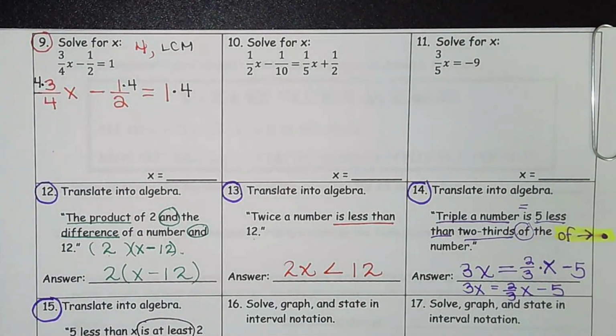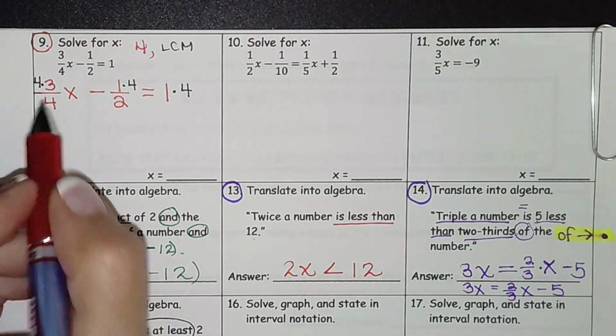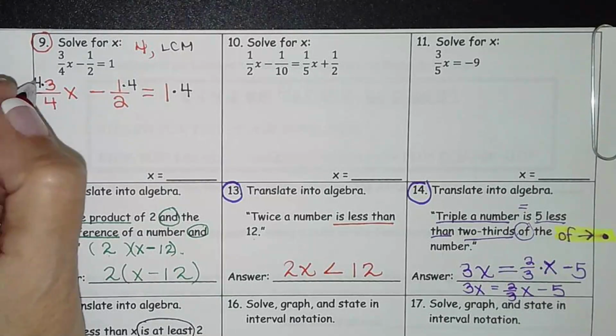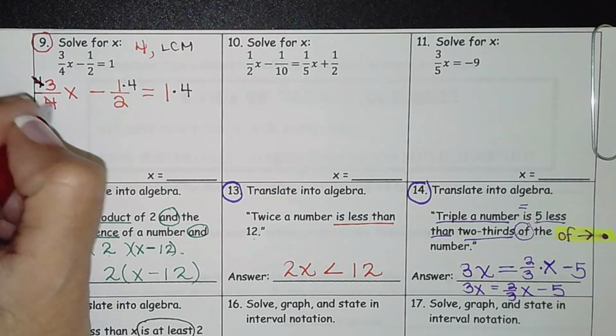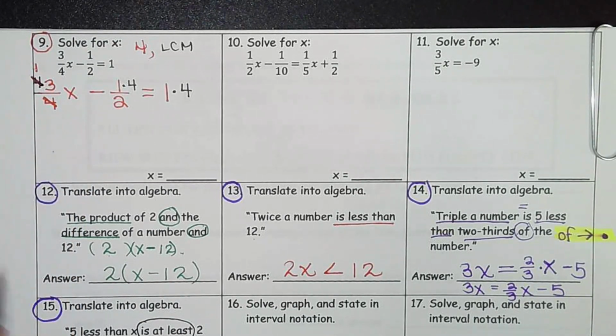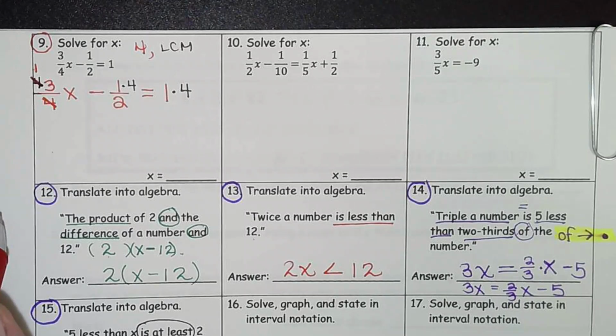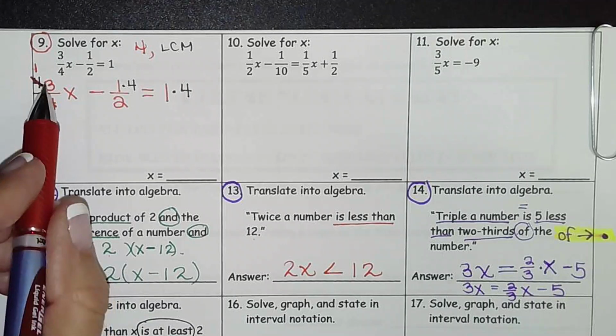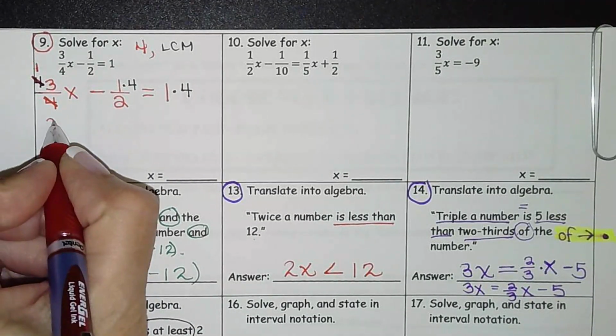Okay, so this one is 12 divided by 4, or you could do this either way. 12 divided by 4 is 3. If you cancel the 4s, it's 3. So it doesn't matter which way you do it. So multiply and then divide, or divide right away, and we're left with 3x